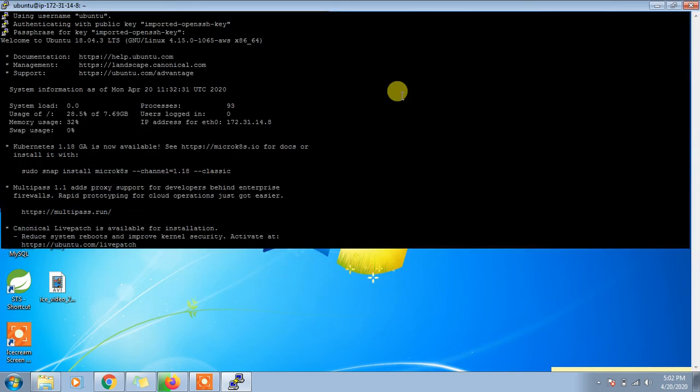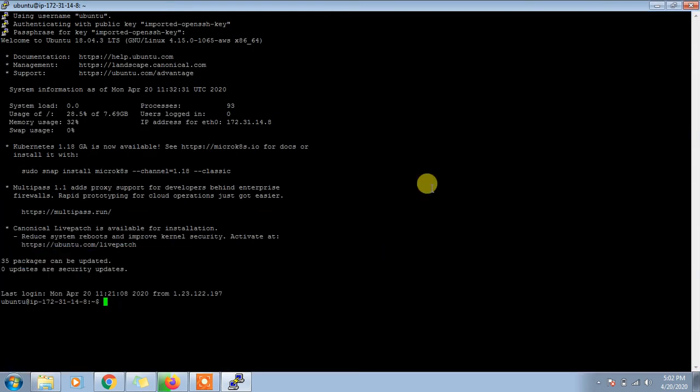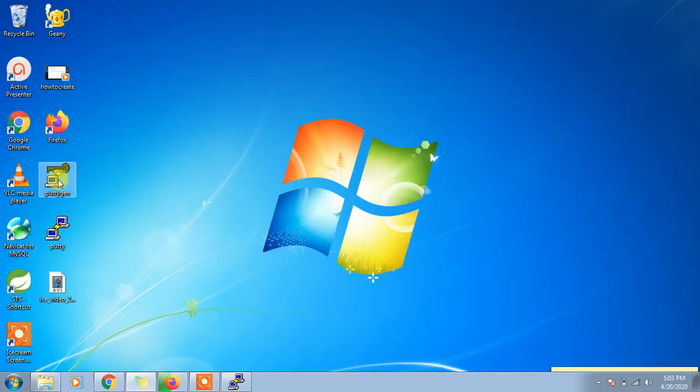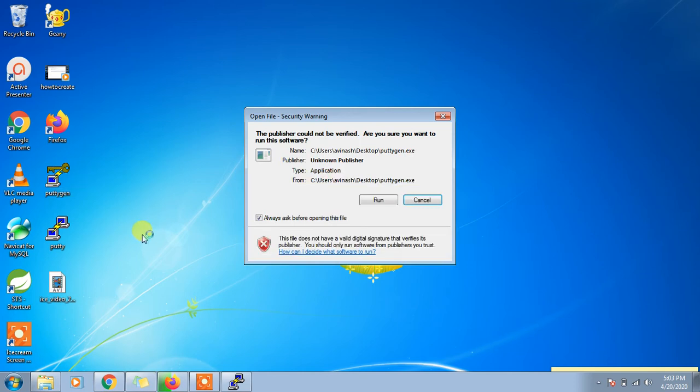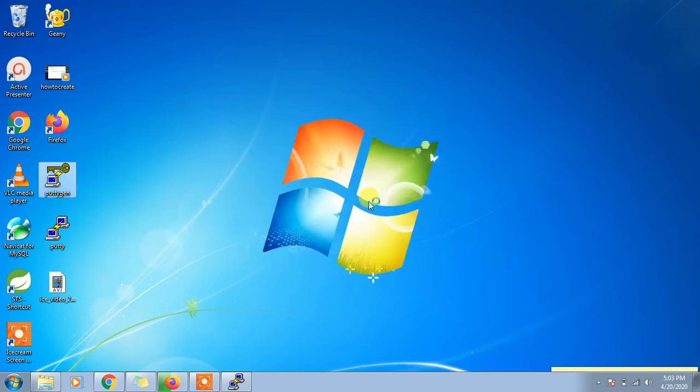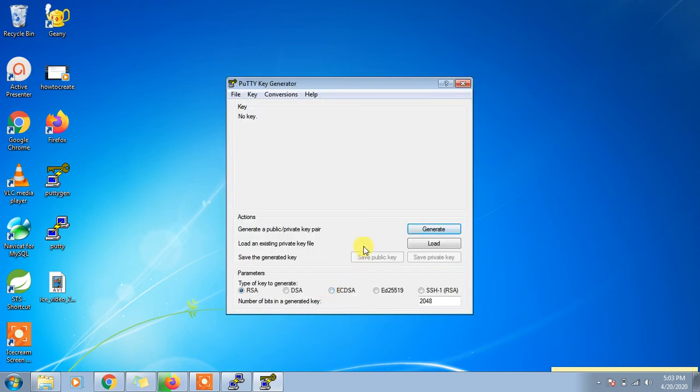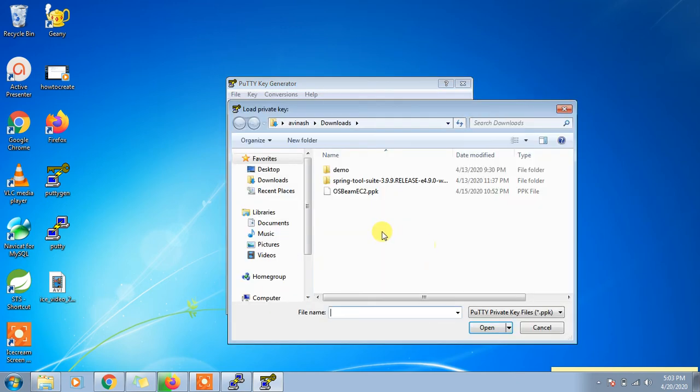Now how can we create that PPK file? I'm going to tell you that part also. For that we need PuTTYgen. Using PuTTYgen, we have to click on load and choose that PEM file.